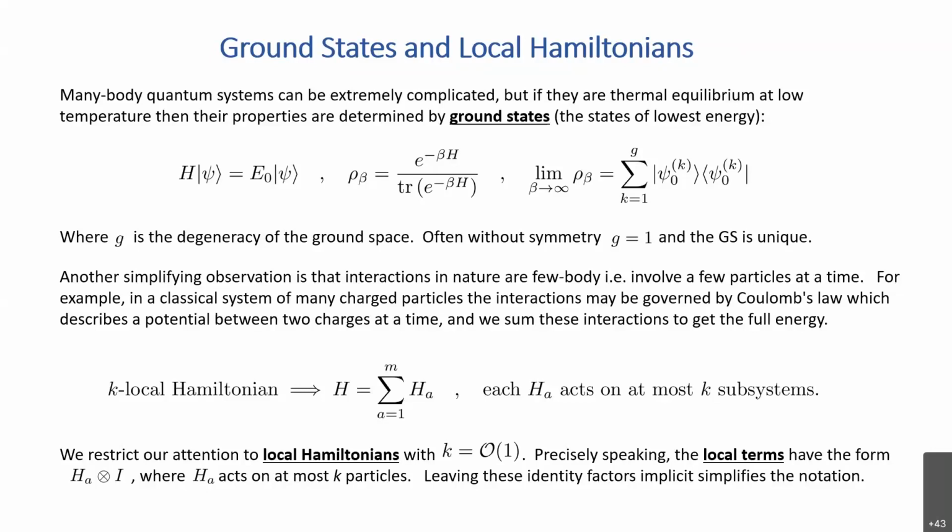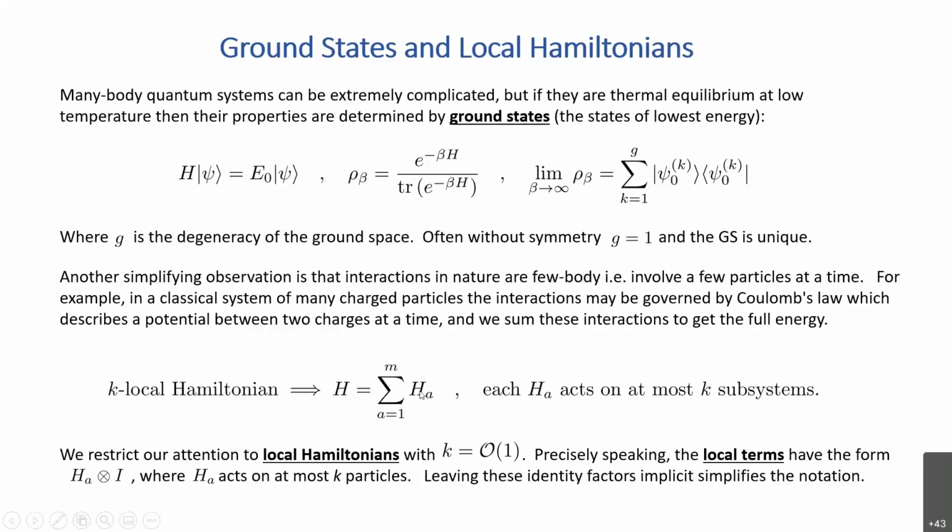And we typically want to have this k be O of 1. So if you think about what the big O notation means, k should be a constant as n goes to infinity. Okay, and so when we write a local Hamiltonian like this as a sum of these H_A terms,